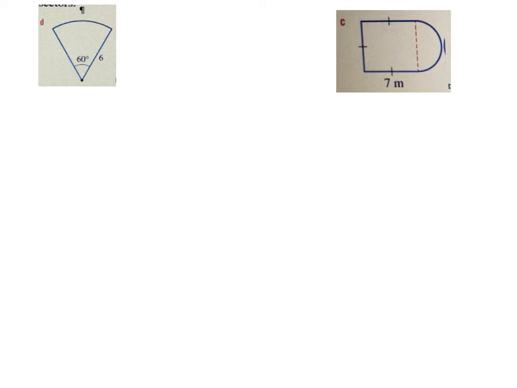Alright, so for some questions they ask us to find a perimeter where they give us a straightforward shape like that, and sometimes we have a composite shape. They love giving us these things to try, and these things are just part of something we have to do. So here we've got a sector, and what we've got to do is work out how much of the sector we've got. We know the circumference of a circle is 2 pi r or pi d,